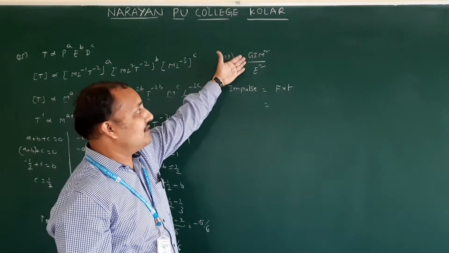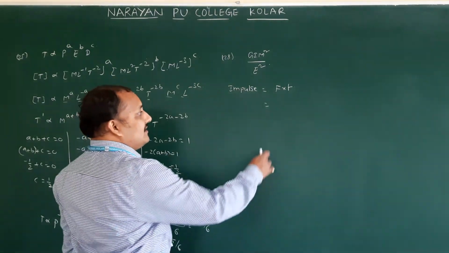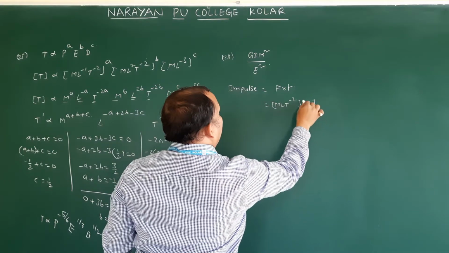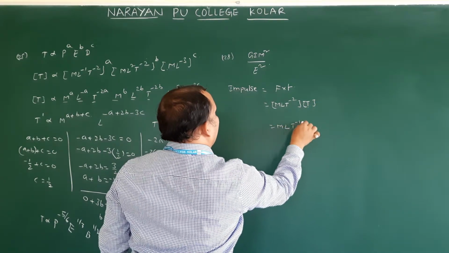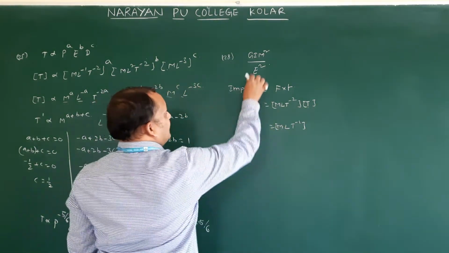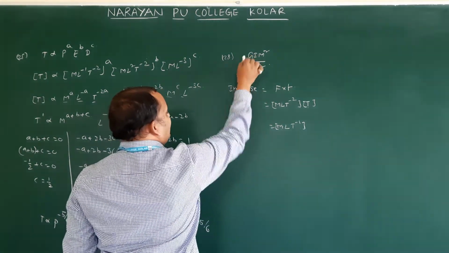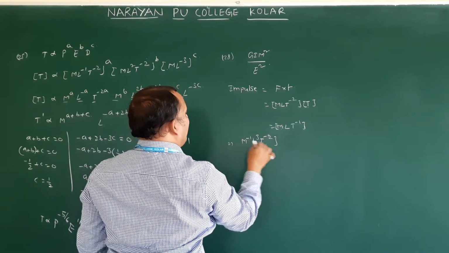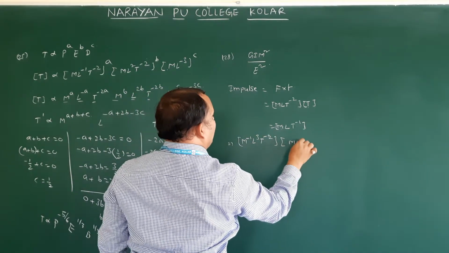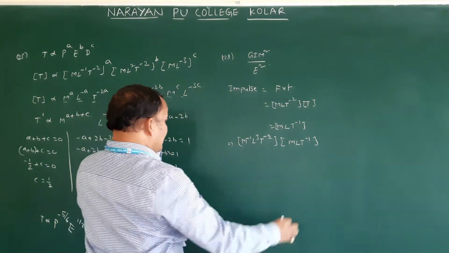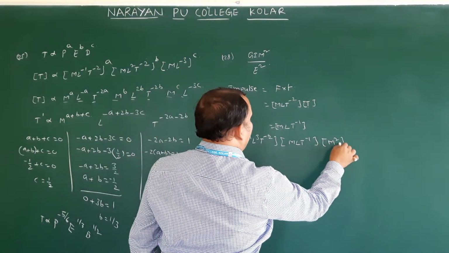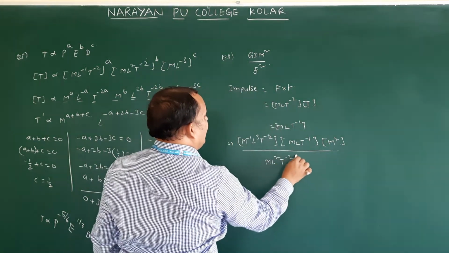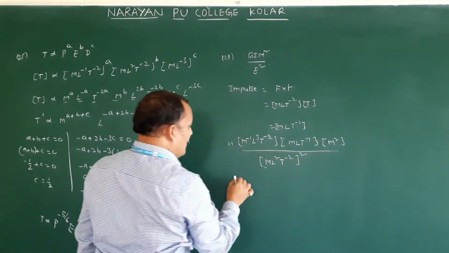But here we are going to solve, therefore I just gave this formula. So force means M T power minus 2 into T, so M L T power minus 1. Substitute here one by one. What is G's dimension formula? M power minus 1 L cube T power minus 2. I means M L T power minus 1. M means mass, M square is divided by energy, M L square T power minus 2, whole square.